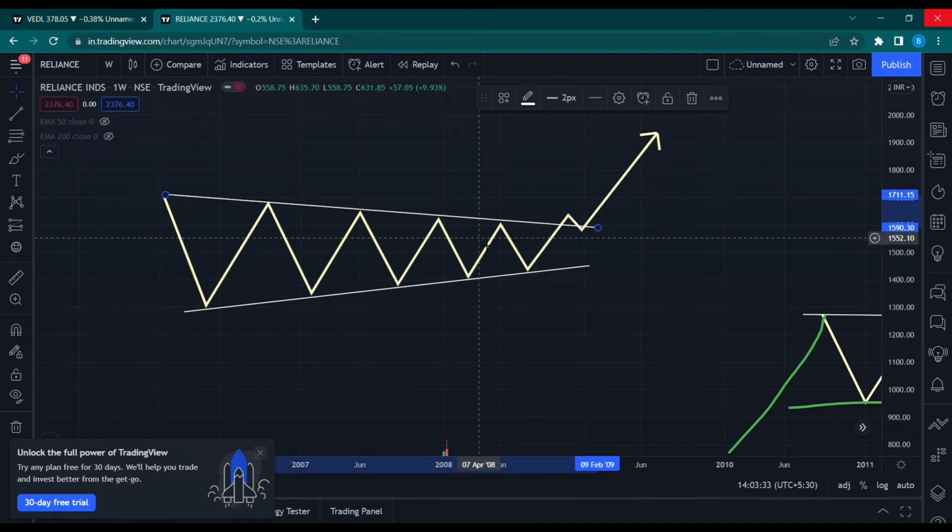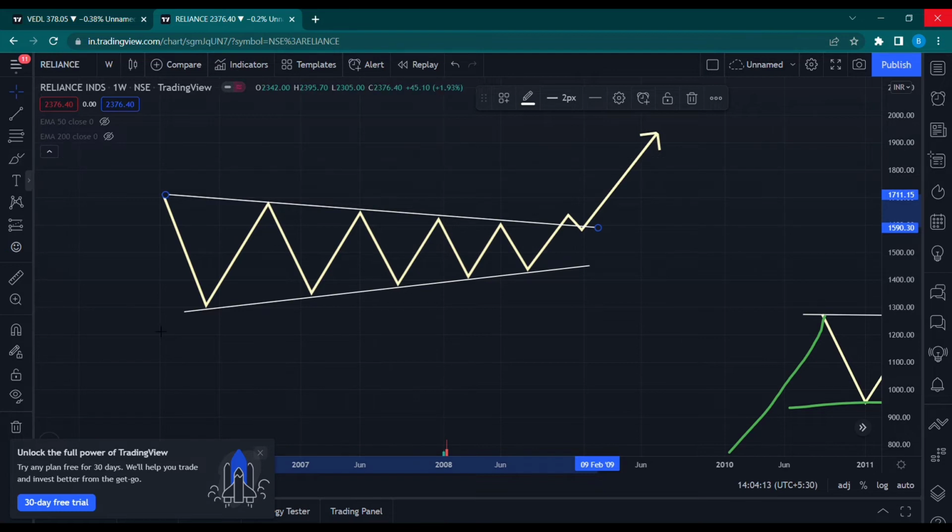So this indicates a strong fight between buyers and sellers, right? Sellers start selling at lower highs. They have a strong selling perspective, and the buyers also have a strong buying perspective, right? Each time prices make a higher low, they go into buying and then they push the prices up, right? So at some point of time, this fight between the buyers and sellers has to be completed, right? One side has to win, right?